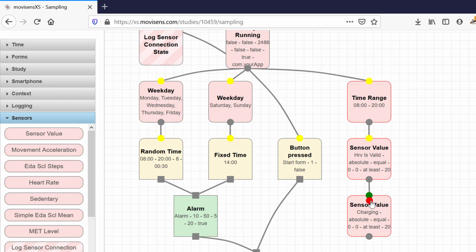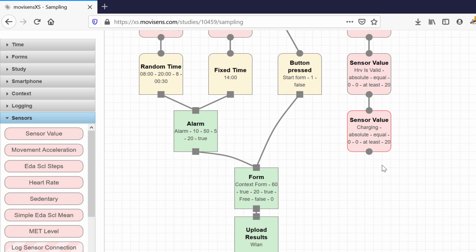And what this gives us the power to say to people, okay, when these two events occur, so that the heart rate variability isn't valid, that means that something's not connected properly. Either they're not wearing the belt properly, or the electrodes come loose, or the sensor itself has come slightly unclipped, or they're just simply not wearing it, which definitely happens more than some people would like to admit. And then they're also not charging it at the same time. So if it's sitting on the charger being charged, then obviously it's not going to be collecting data. And hopefully the participant realizes that.